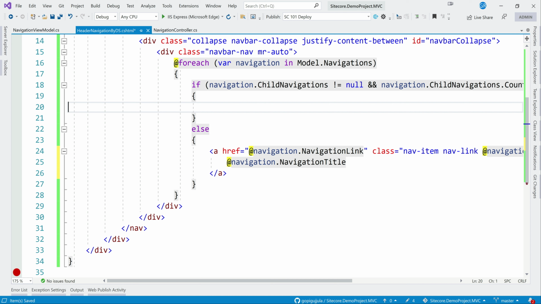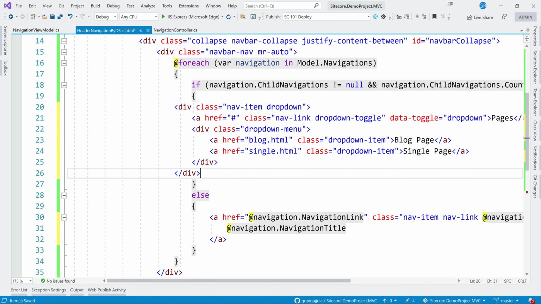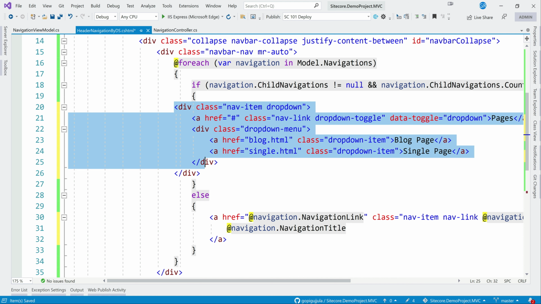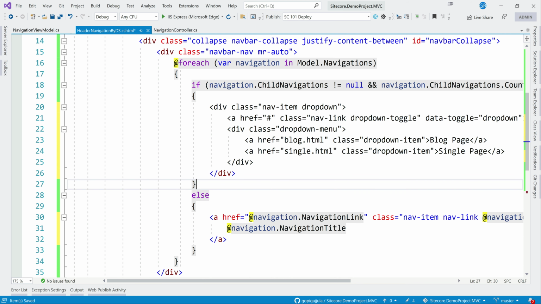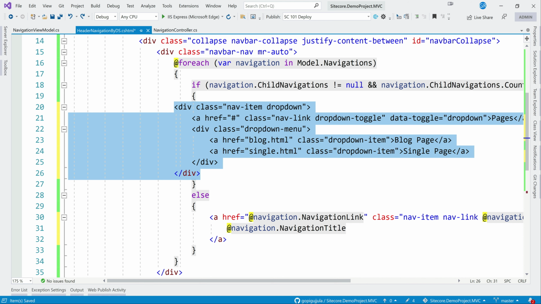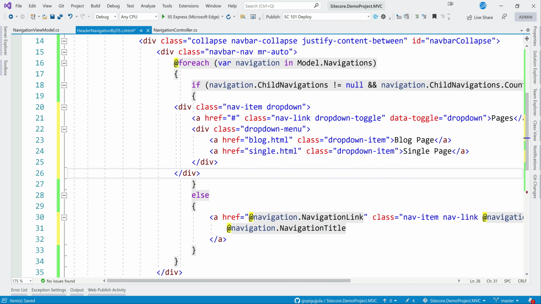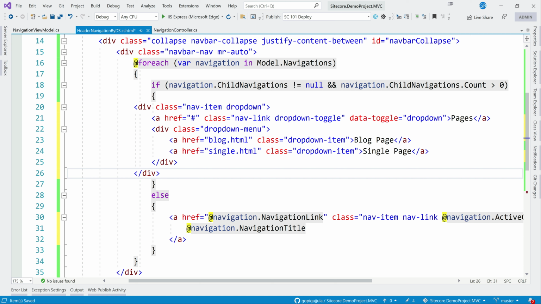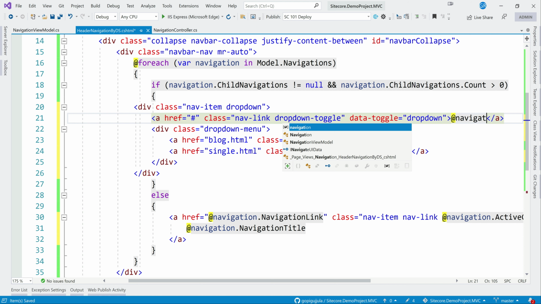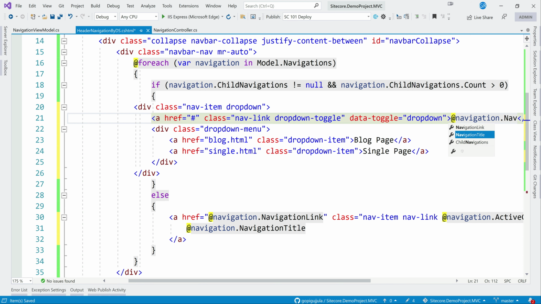Okay, format selection. Now let me pull that HTML. So this is the HTML which we have stripped off. Now we don't need to bind anything here, rather we can just bind the navigation title, which is navigation.NavigationTitle.